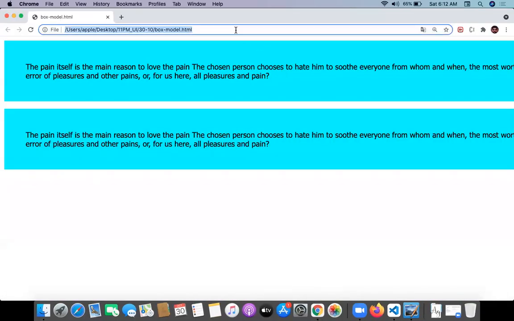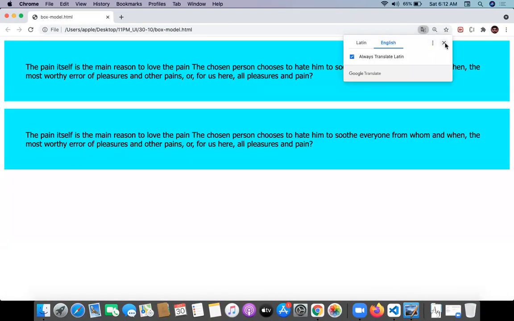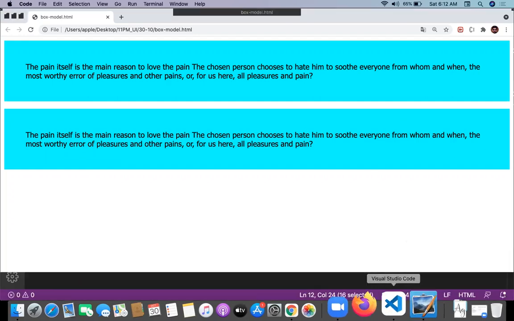Now you can see where your paragraph is allocated and how the space is allocated. All sides some space is getting added. This is padding.